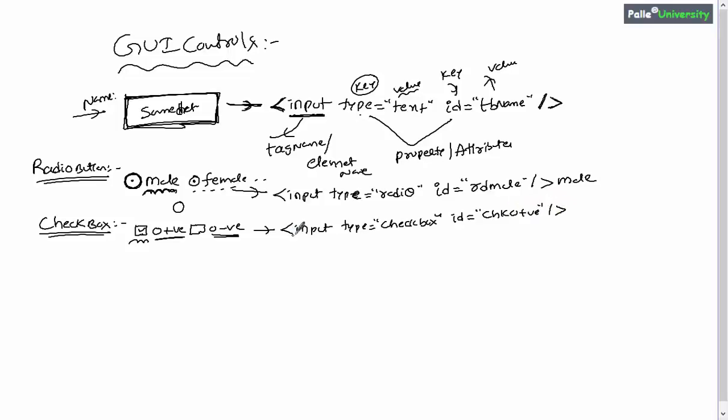So again remember, when you write input type equals checkbox, usually the code will display only a square box, right? But not the content next to the square box. So in order to display the content, I have to write some plain text. So this is how you will be creating the checkboxes.